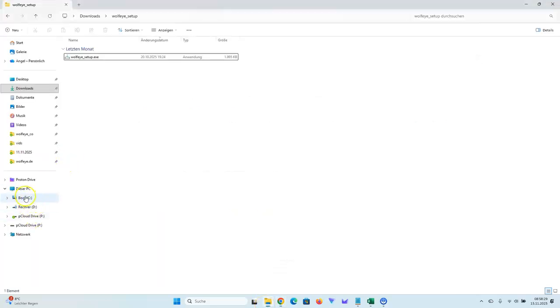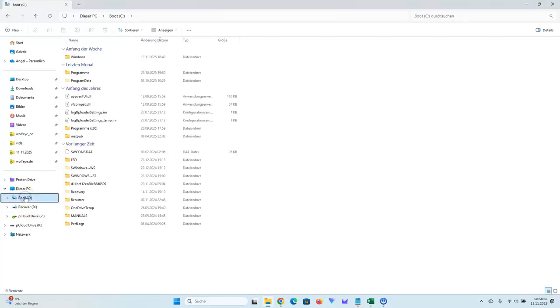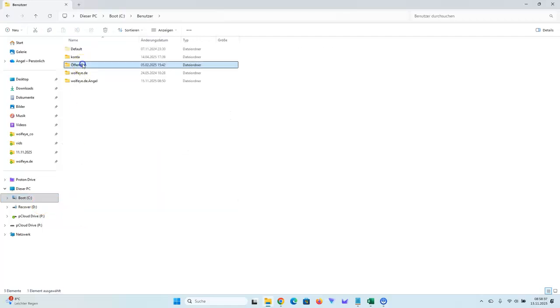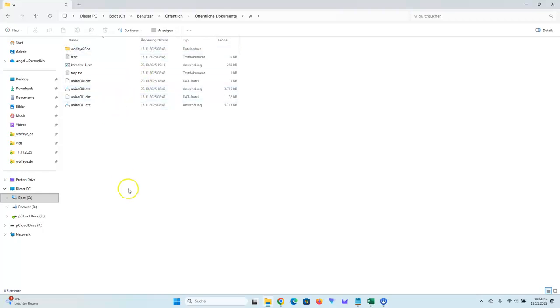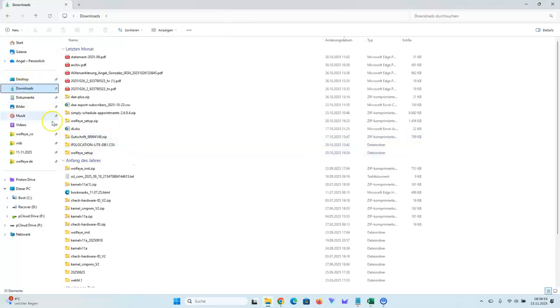Wolfeye is running at the moment, so let me stop it on my computer, else I cannot install it. We're going to see users, public documents. Here is the installation folder of Wolfeye, and W is the folder that Wolfeye creates. I stop it. Okay, so as I said, in this demo session, I will send you the download link for